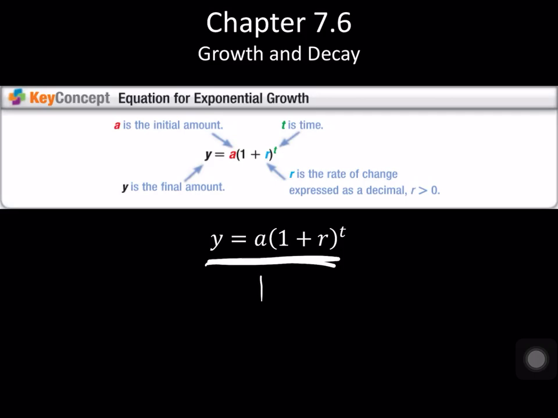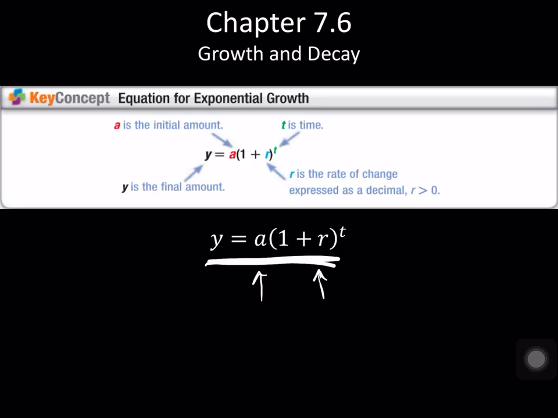So A is going to be our initial amount. So it's going to be the amount of whatever it is that we're doing. It's the amount that we start with, the initial amount, okay? R is going to be the rate of change. Now, rate of change is going to have to be expressed as the decimal. A lot of times these rates of change come to us in the form of a percent. And so we don't do calculations with a percent. We convert it to decimal form, and then we do the calculations with the decimal form of the rate of